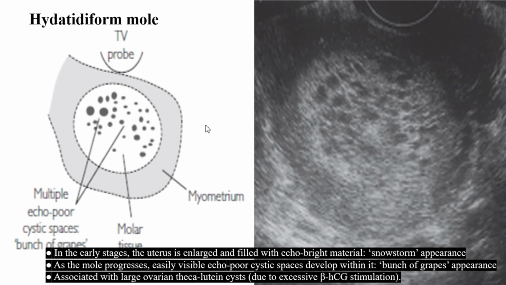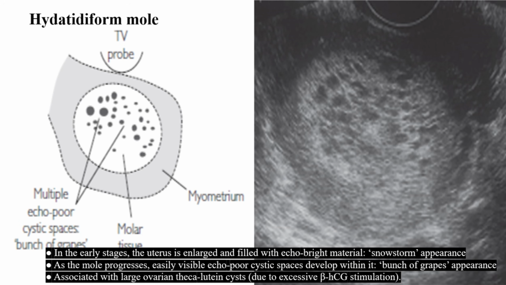Now we are going to discuss another early pregnancy anomaly, which is the hydatidiform mole or molar pregnancy. On ultrasound, in the early stages, the uterus is enlarged and filled with echo-bright material, giving the appearance of a snowstorm. As the mole progresses, easily visible echo-poor cystic spaces develop within it, and it gives the bunch of grapes appearance. And it is associated with large ovarian theca lutein cysts,